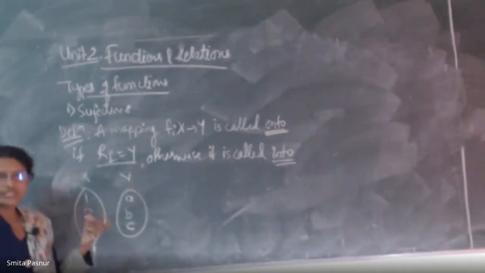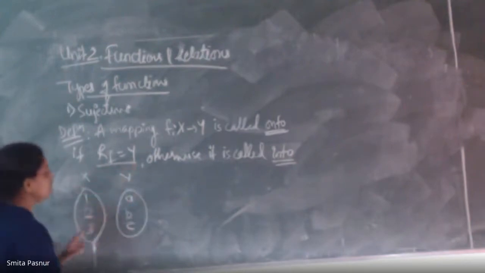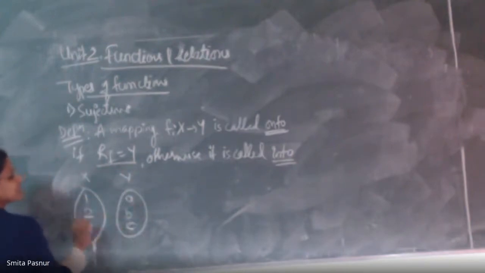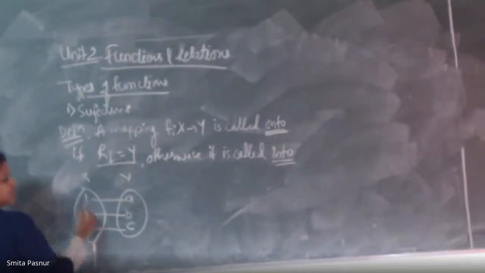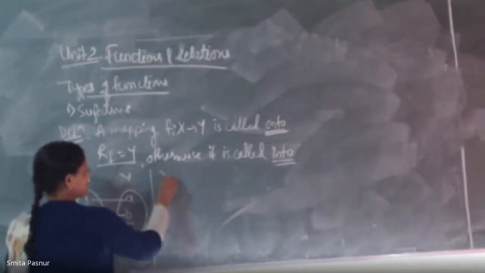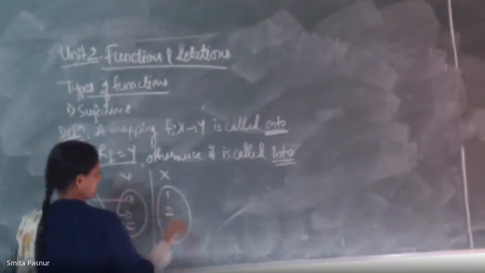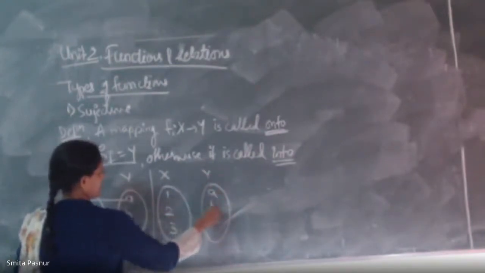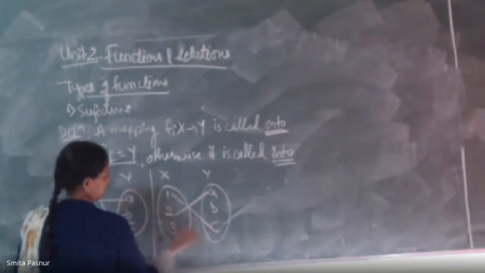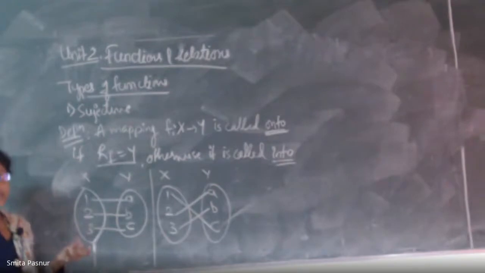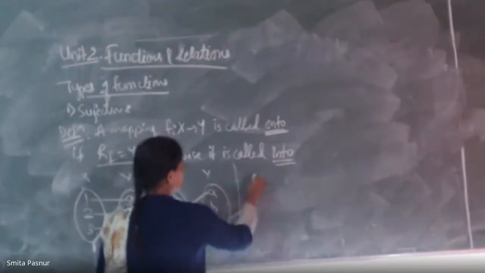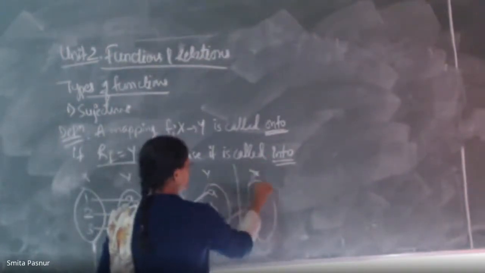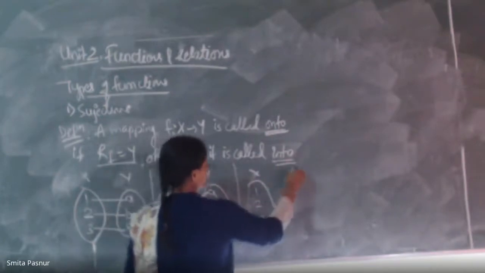So how should their relation be? What onto function is telling is that it should be the range of y. Means all the elements of y should be mapped with x. So it can be like this. This is okay. You can see that all the elements of y are mapped with elements of x. Otherwise, if I'm writing like this, is this okay? Yes. Here also, each and every element of y is mapped with an x element. Then, which type of function is not an onto?